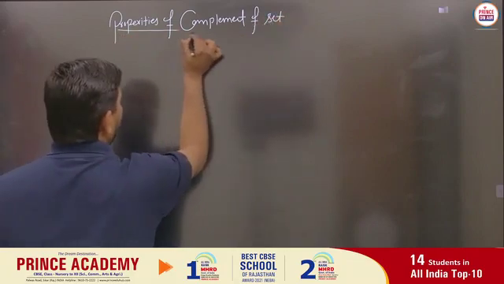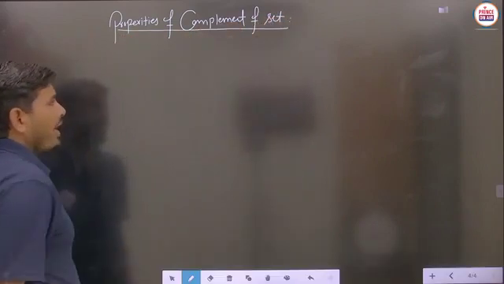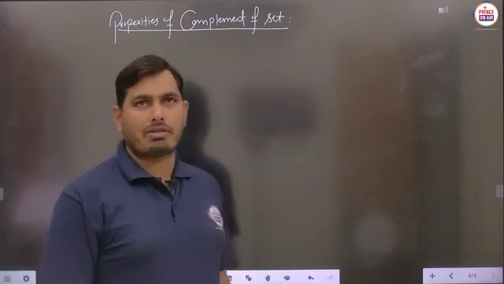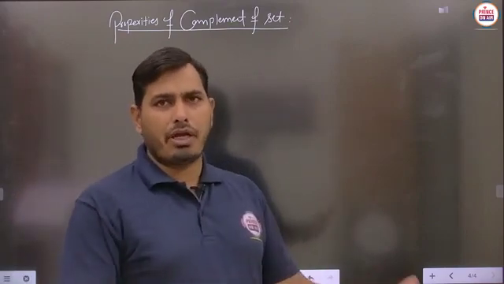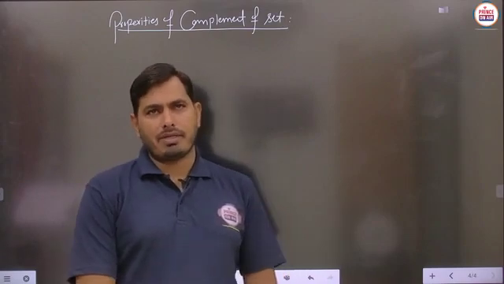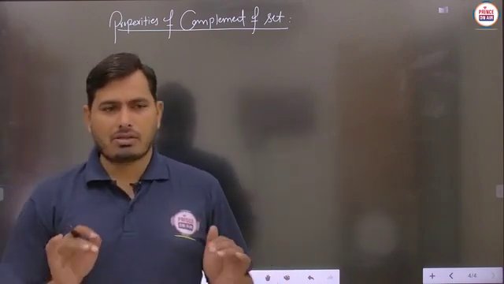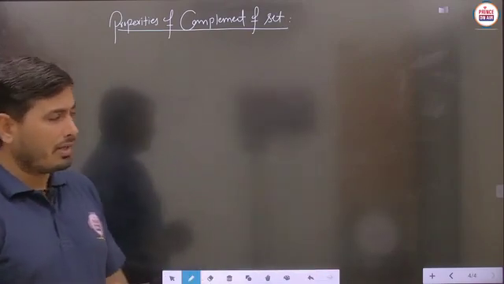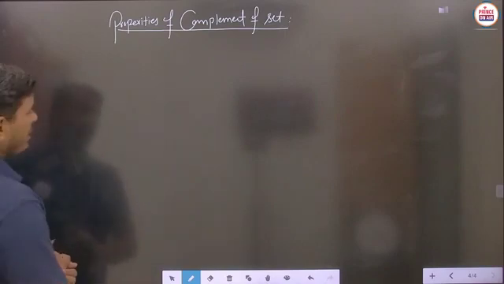So there are certain kinds of properties. We have to see these properties with the help of examples. Means we have to prove each property with the help of examples, and we can see each and every property in a very systematic way. Is it clear? So the very first property we are taking.